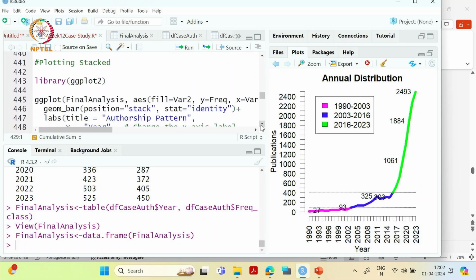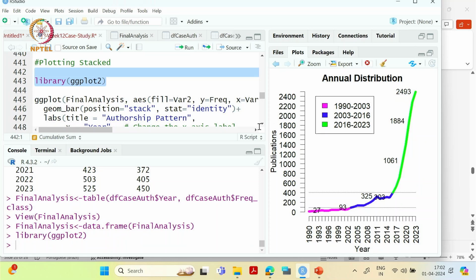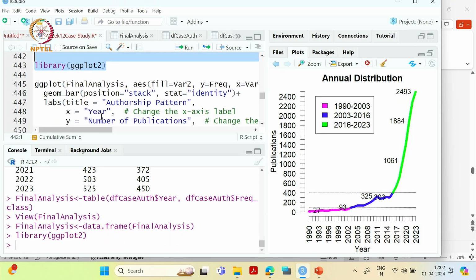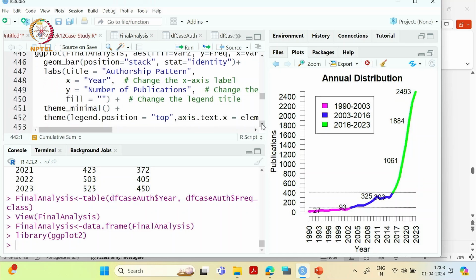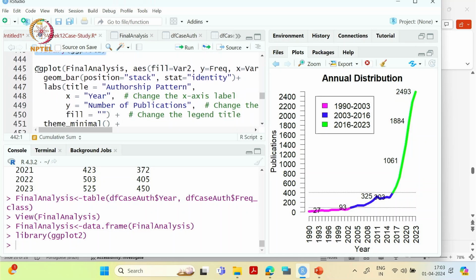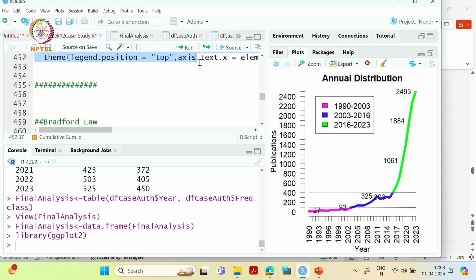So for that we will be requiring another package called ggplot2, and this is a very popular package for visualizing any data in R. Call this library, and then it has some arguments. They are the same arguments as it has for the line plot. So we are telling that this is our data, and then it should be filled with these variables, frequency, then it's a stack, then the title, authorship pattern, x axis, y axis, and where the legend should be placed. Okay, so if I just run this,